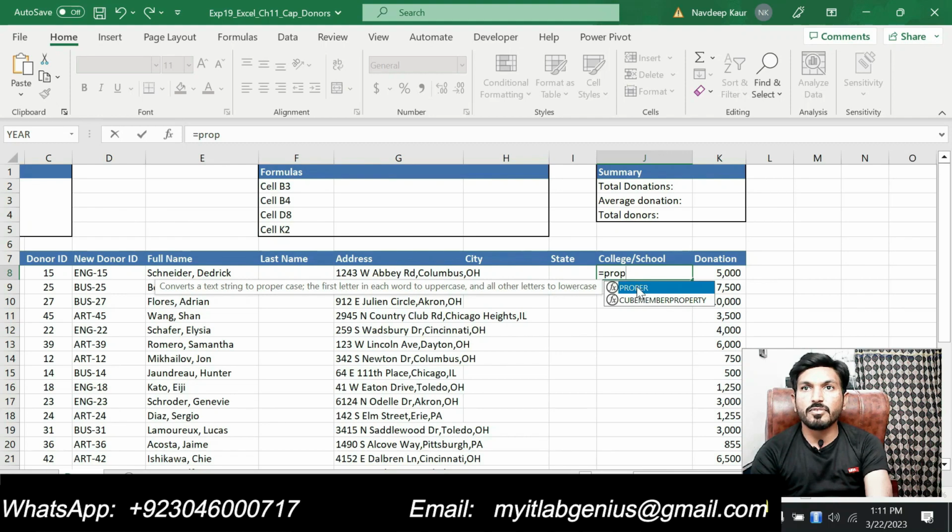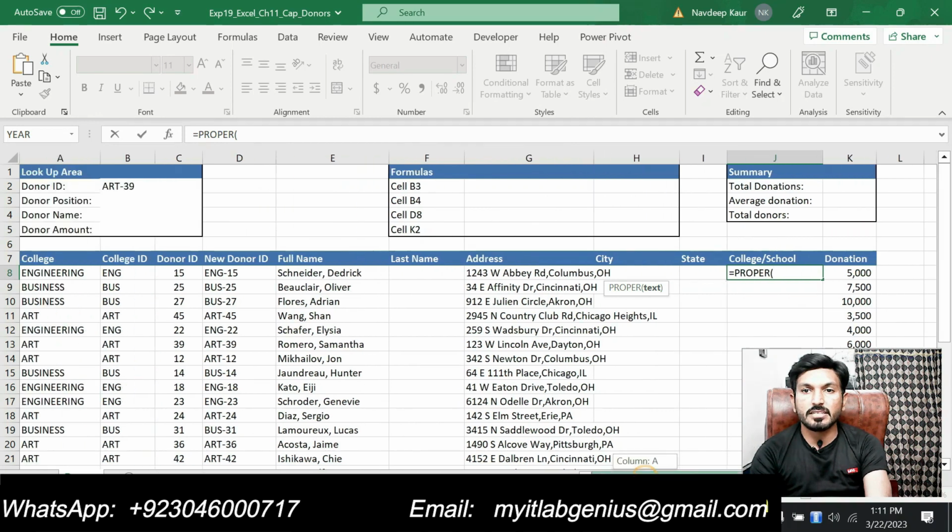So we got the PROPER function here. Click on it. So our text will be the college name. The college name is placed in cell A8. You can see that the college name is placed here. So we are using the PROPER function to capitalize the first letter of the college name. Here is the text, that is the college name placed in cell A8, and we will click enter.